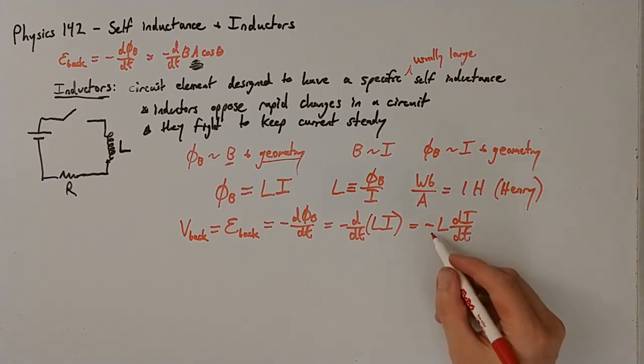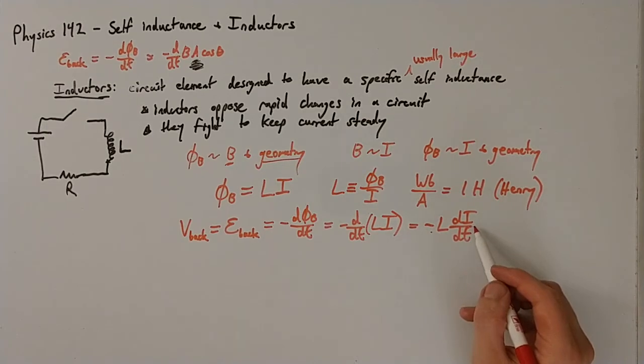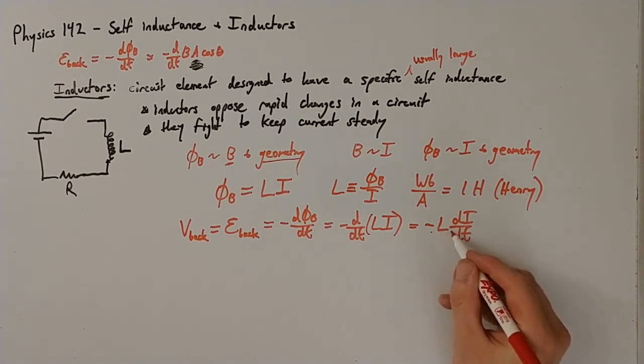Now remember, this minus sign is just saying that we're opposing the change. So the minus sign is all about opposing the change in current. So inductance,